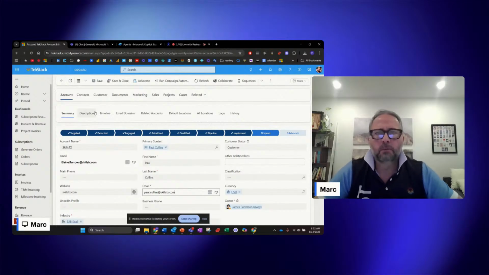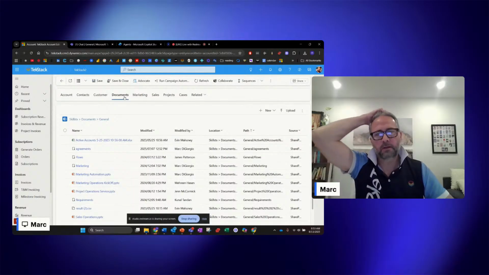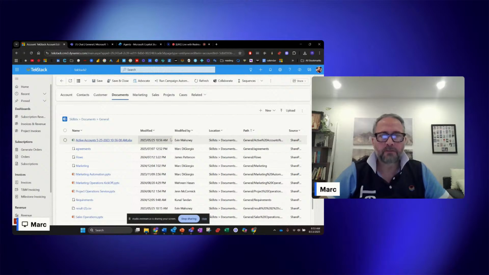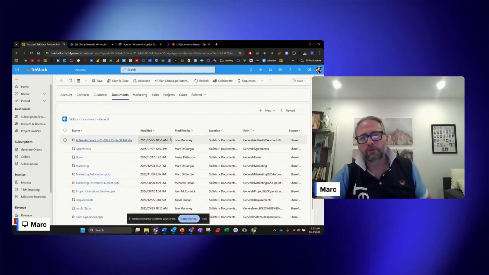So let's start with some basic stuff. Here in TekStack, I've got a customer record, and I have all the information I need about it here. I go to the documents store, and like most CRM platforms, TekStack has a document store right within the CRM record. Now we're using SharePoint, so this is connecting to SharePoint, and there's actually a SharePoint